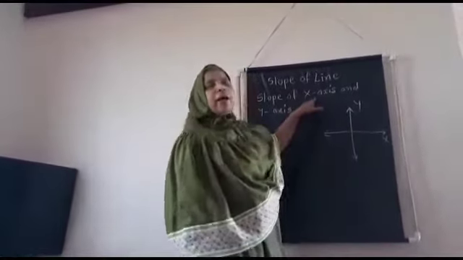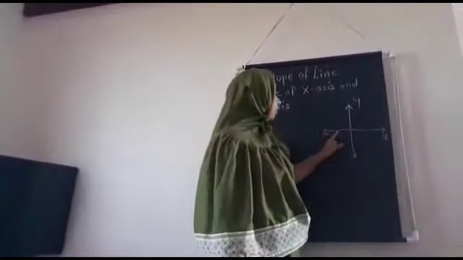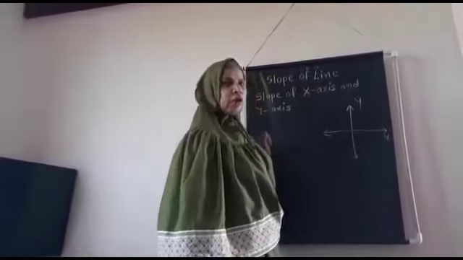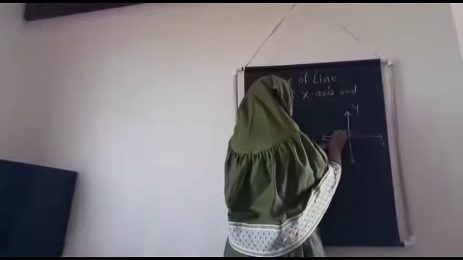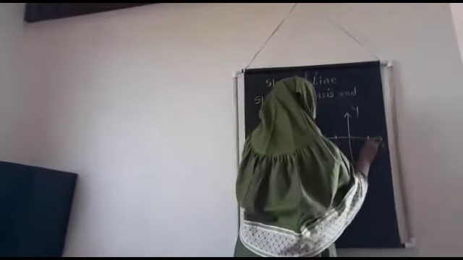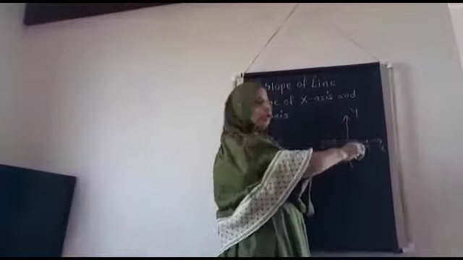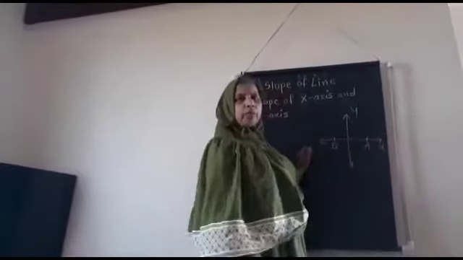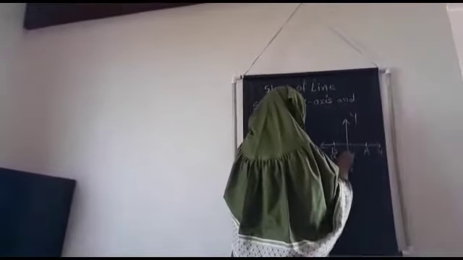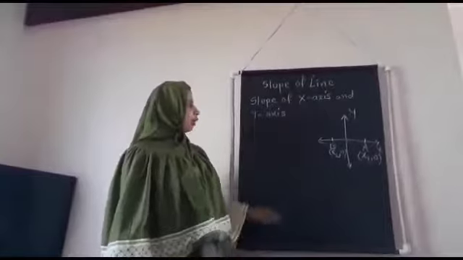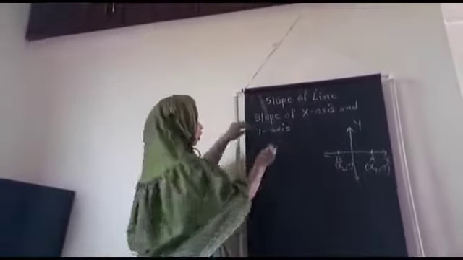Since the axis is the x-axis, all the points lie on the x-axis. Now we will consider any two points on the x-axis, for example these 2 points A and B. Since the points are on the x-axis, their y coordinates are 0. Therefore, the coordinate of point B is x2, 0 and point A's coordinate is x1, 0. Now according to the slope formula, let's put in these values. m is equal to